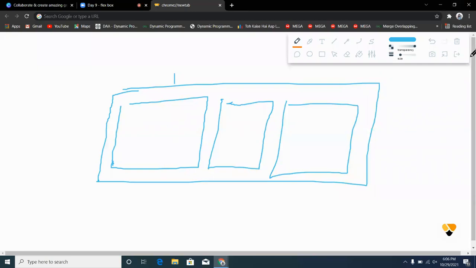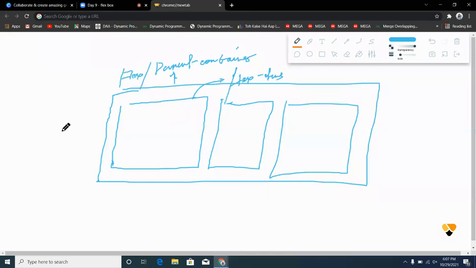This is your parent container, and you can call it a parent container or a flex container.